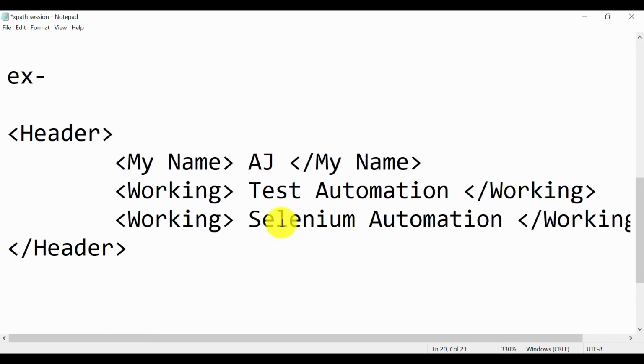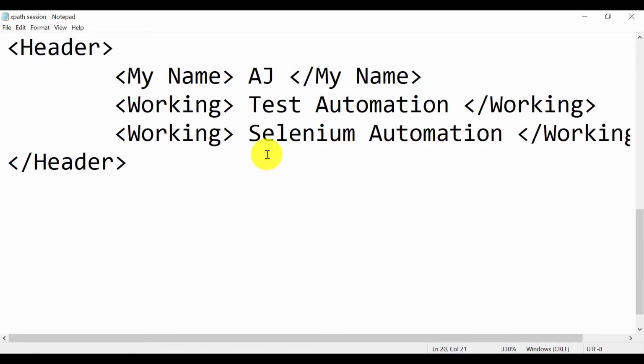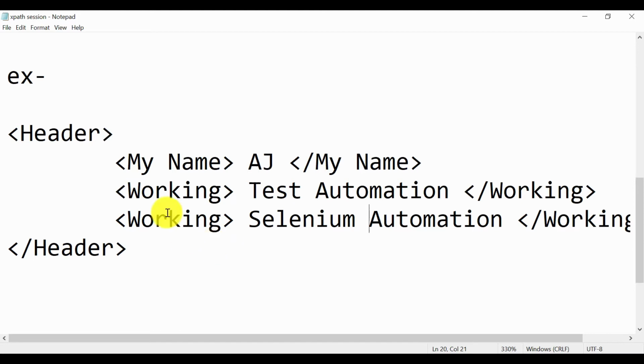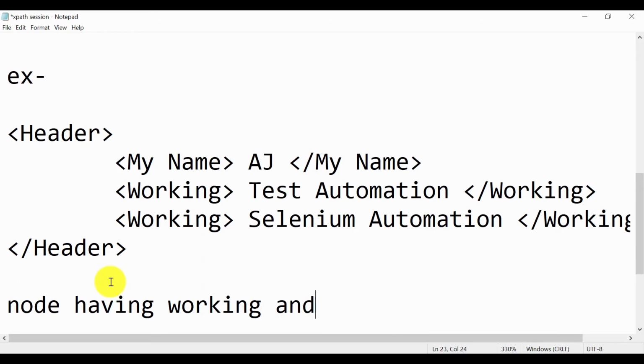XPath, as I already said, is a query language to get data from this. If you want to fetch some data or go to some node, you will use some combination of nodes, for example a node with the tag working and text equal to Selenium.